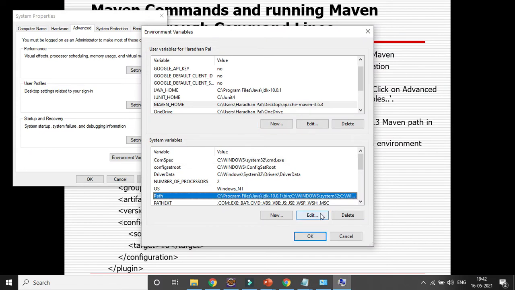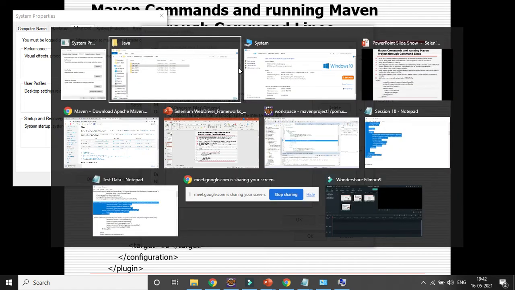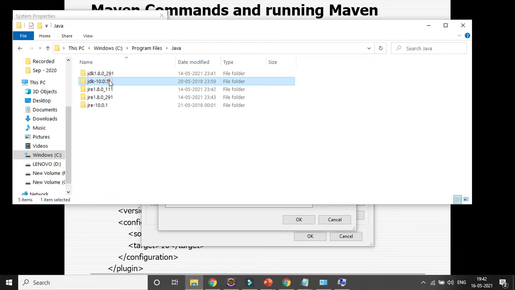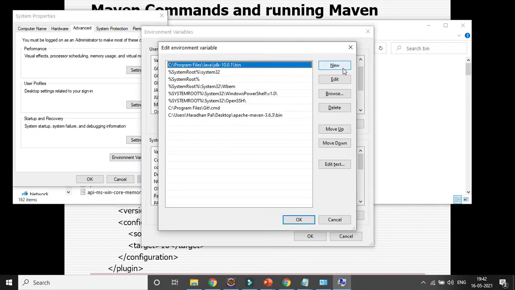You need to click on edit, and add these two also till the bin folder. For Java, in that JDK there is a bin folder, so I need to give that path till the bin folder in the path for Java. You can click here and add it.